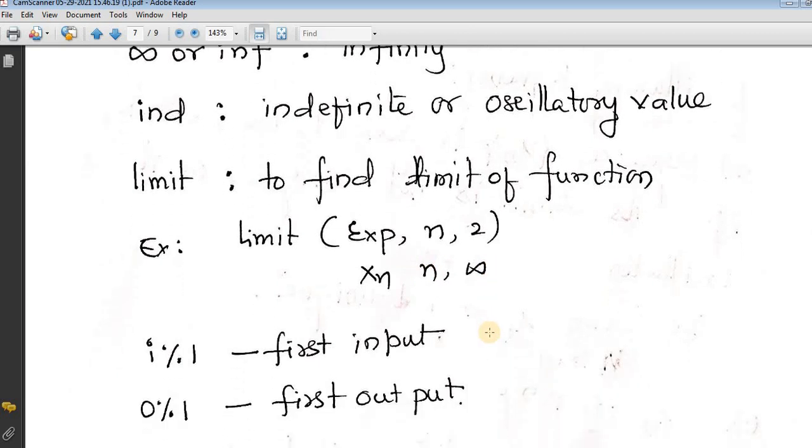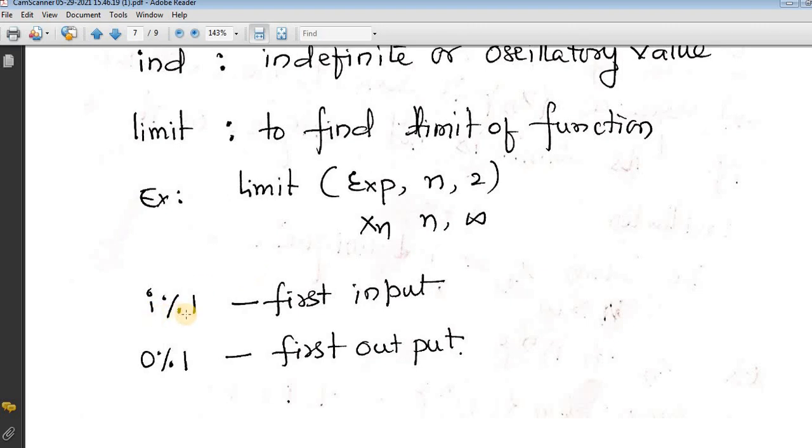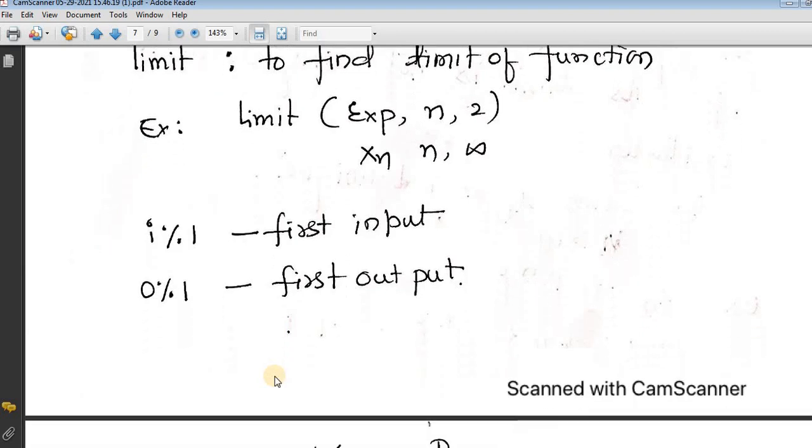In the programming, suppose we find this symbol I%1, that is the first input what we are typing, that first line, first input will be given in this format, and suppose we execute that we get O%1. O means output, first output. Okay, and the execution of the Maxima program can be done by pressing shift enter. After typing the line, by pressing shift enter, we can execute this program. Okay,